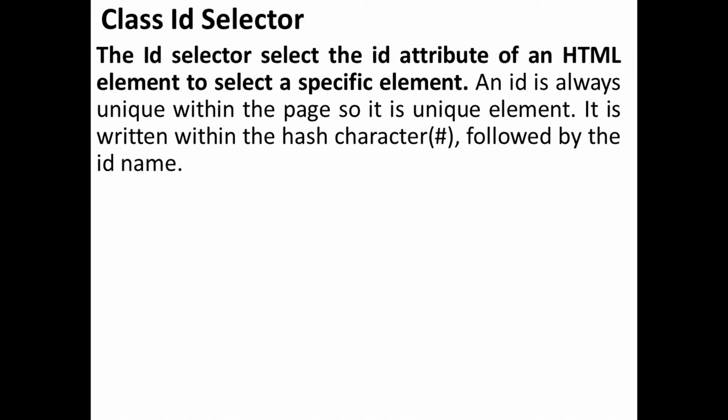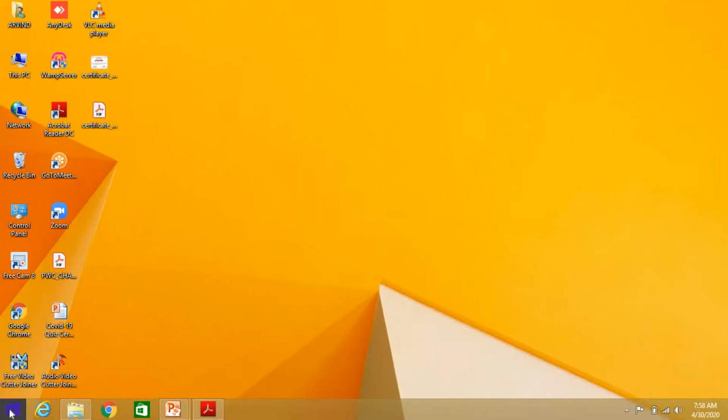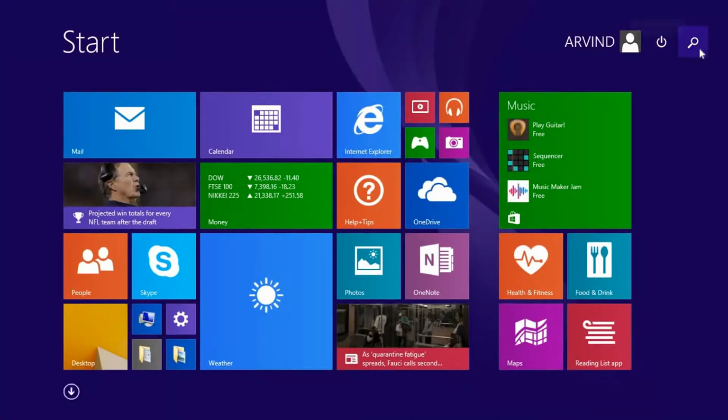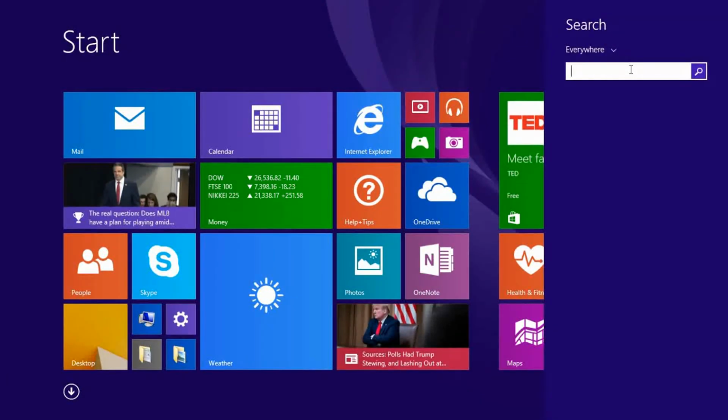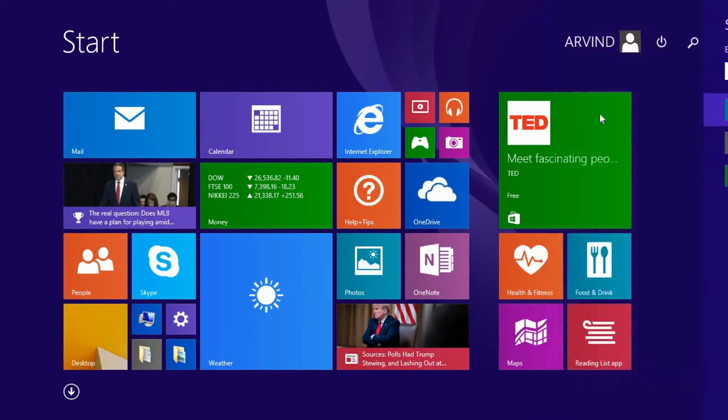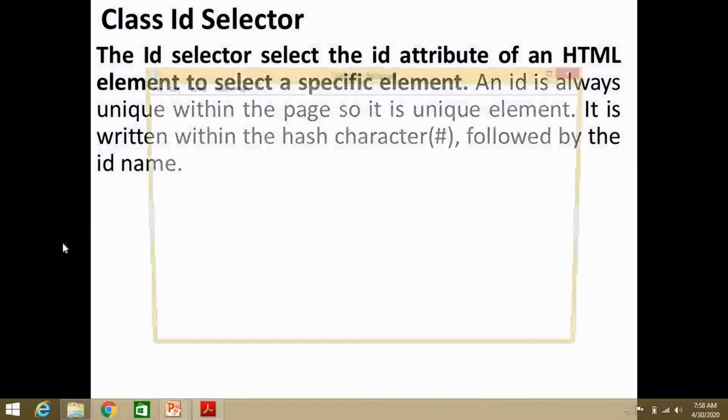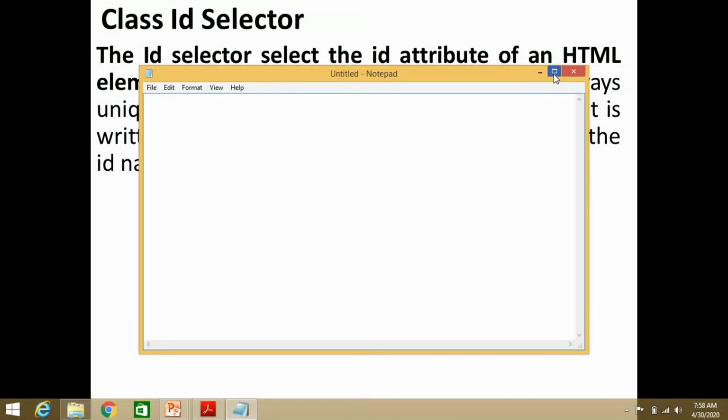Let's see the example. We'll use a text editor, Notepad, and write down the code for the ID selector.